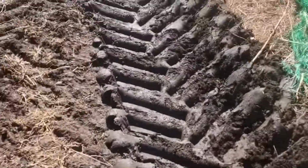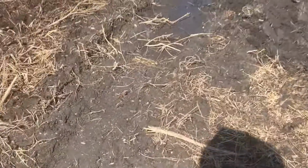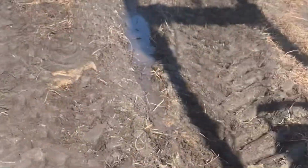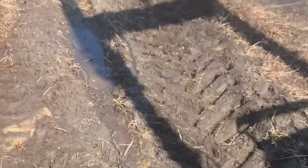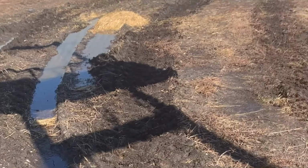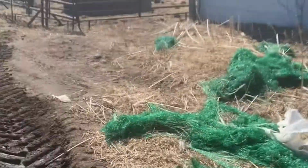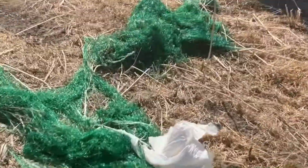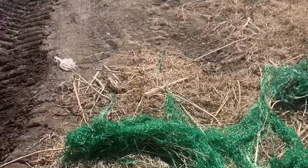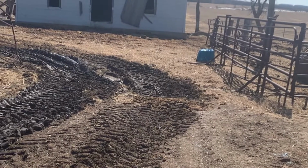The tractor, it's nothing, but the frost is really starting to come out now. It's black dirt, right? So it gets really slimy and just mucky. And unless you come at it 50 miles an hour, ricochet off the barn, get some traction off the net wrap I've sat here, bounce off the corner post, you might get through. But